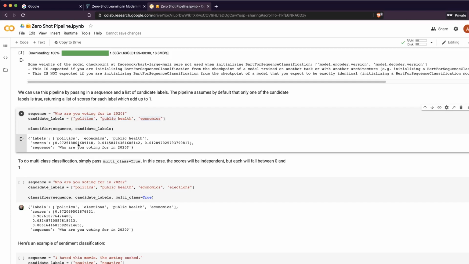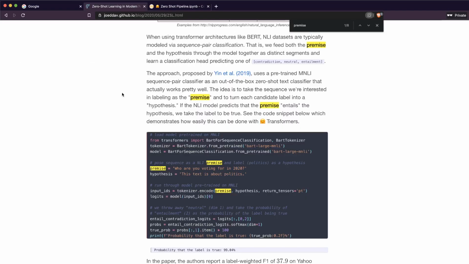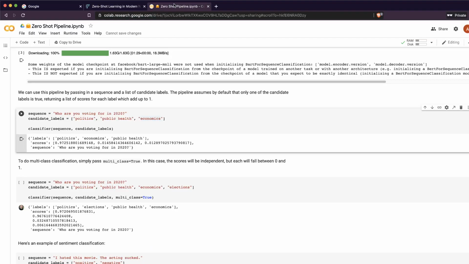These are the labels, and the scores say 0.97 is assigned to politics, 0.01 to economics, 0.01 to public health. So the model is thinking that this premise is more suitable for the hypothesis, this example is politics.